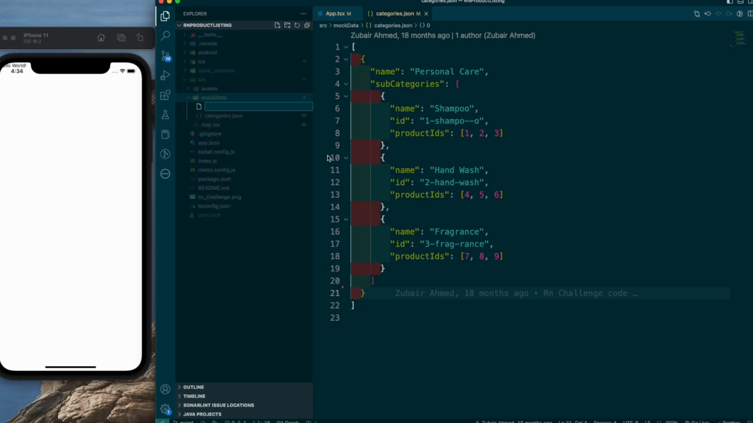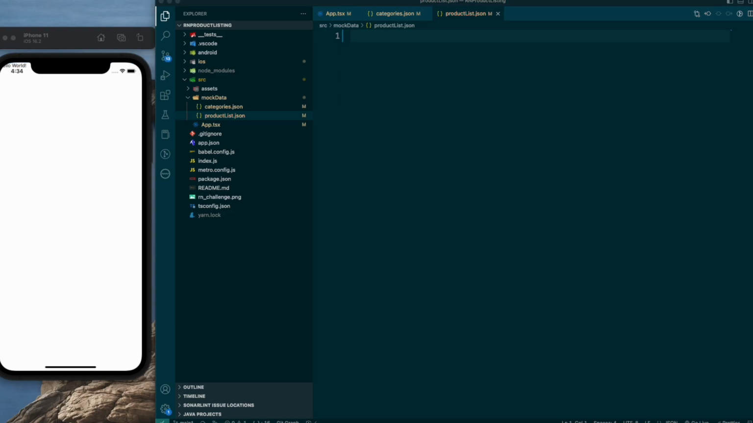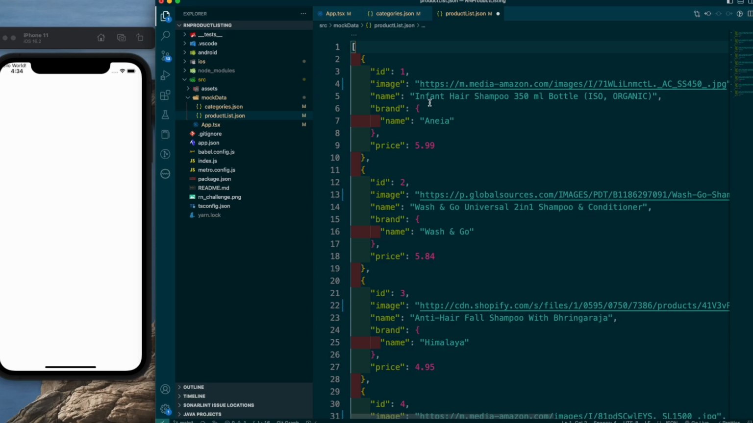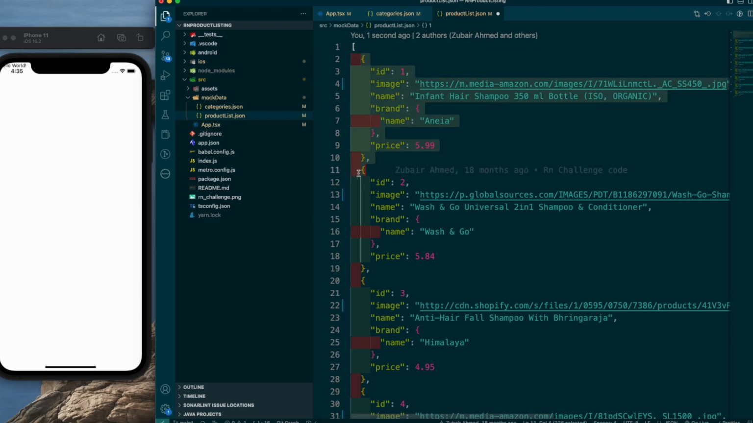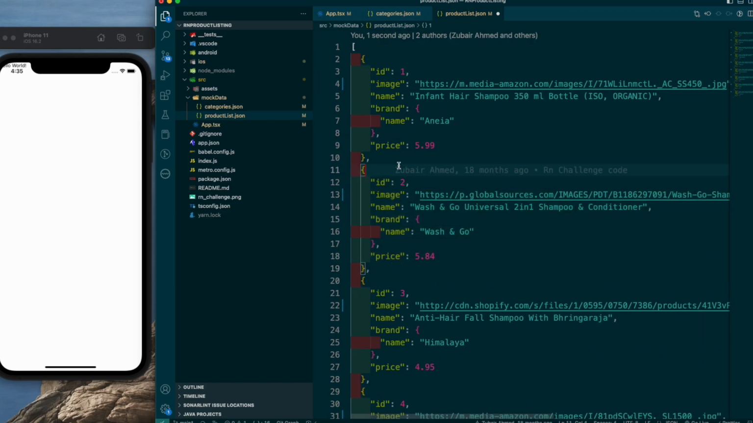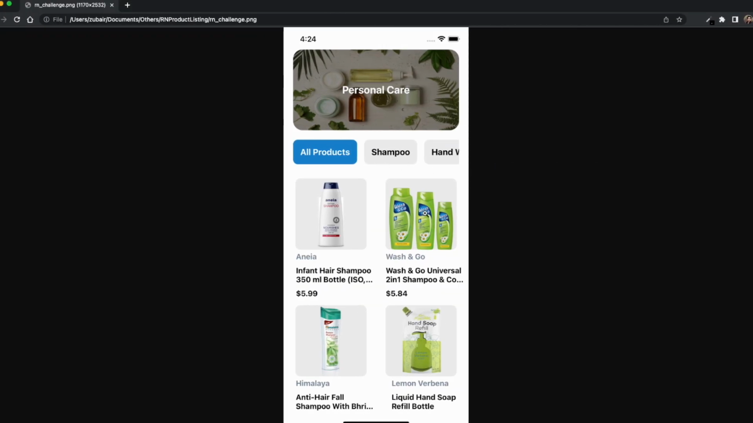The next mock JSON file would be product list.json, and in that product list.json let me copy the JSON code that I have created. This is basically the list of products that we want to display down below in grid view. We will create that UI in a bit. These are the items in the product. This is a pretty straightforward JSON that I have created. Again, I just got this screenshot and I created this mock JSON on my own, just to show you how I completed this challenge